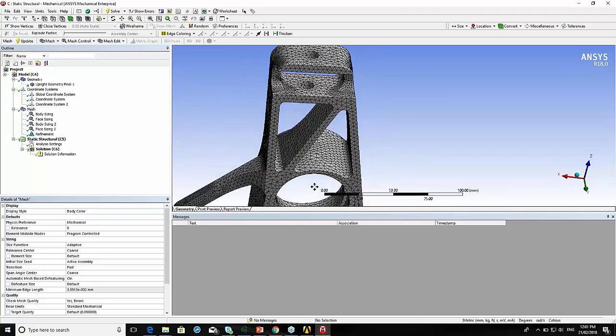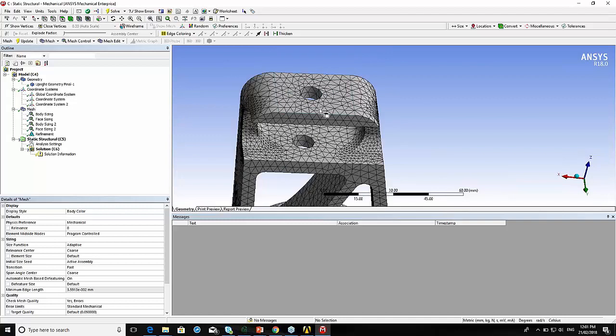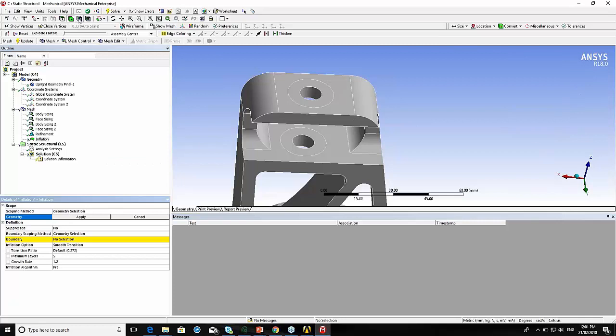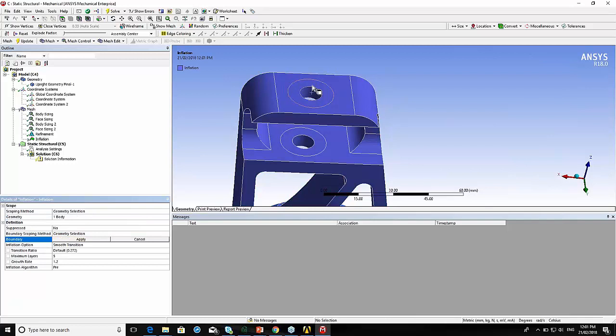Okay, all right. So let's look at another control that might be useful, particularly here where we've got bolt holes. That's what we call an inflation. So if I do inflation, for the geometry I'm going to choose the solid, and the boundaries of those two faces. What an inflation does is it takes elements on the surface and sweeps those inwards to create